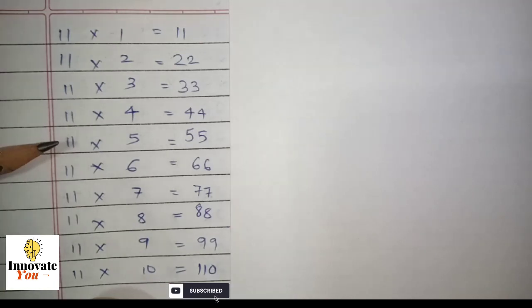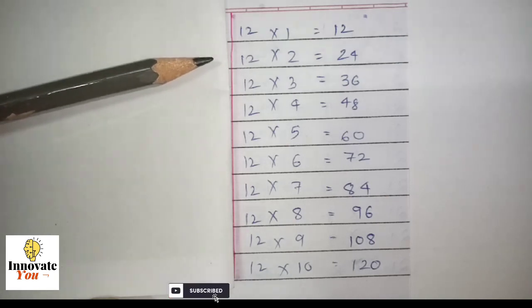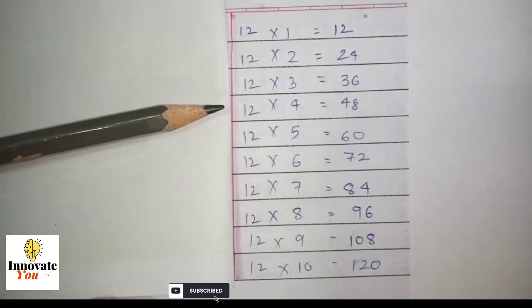are 55, 11 sixes are 66, 11 sevens are 77, 11 eights are 88, 11 nines are 99 and 11 tens are 110. 12 ones are 12, 12 twos are 24, 12 threes are 36, 12 fours are 48, 12